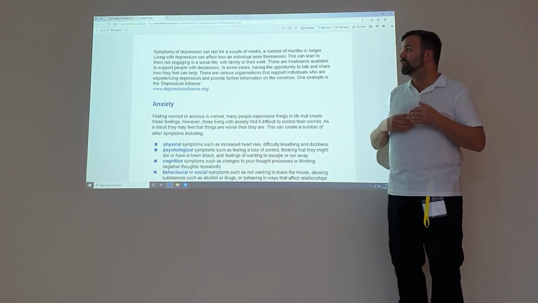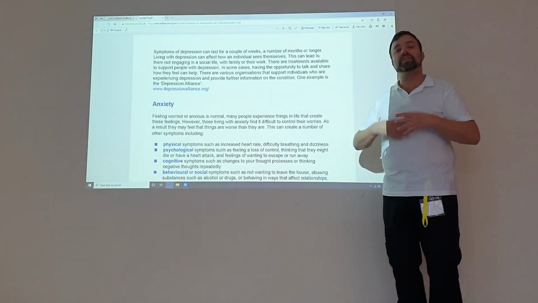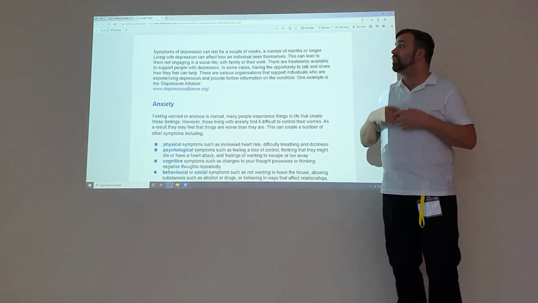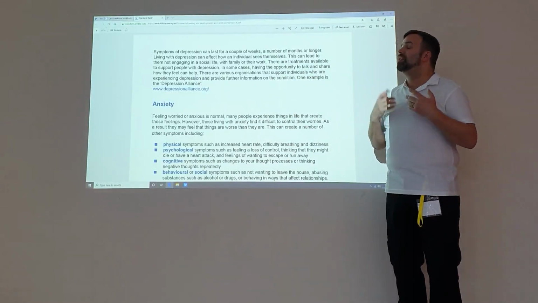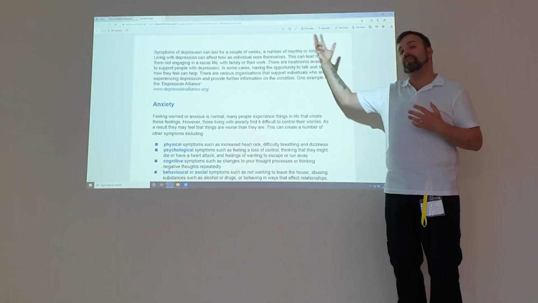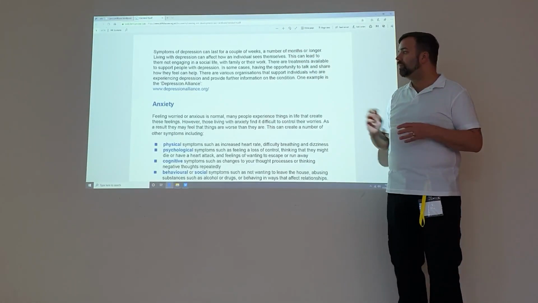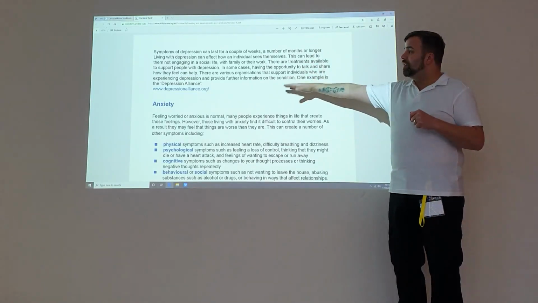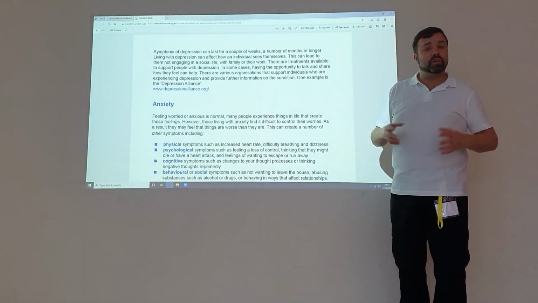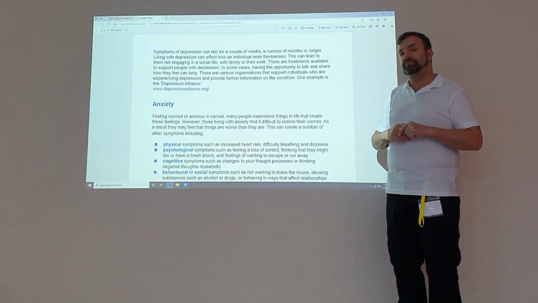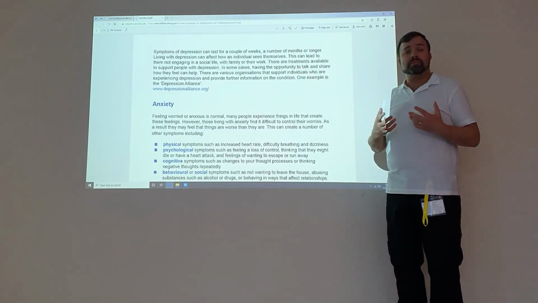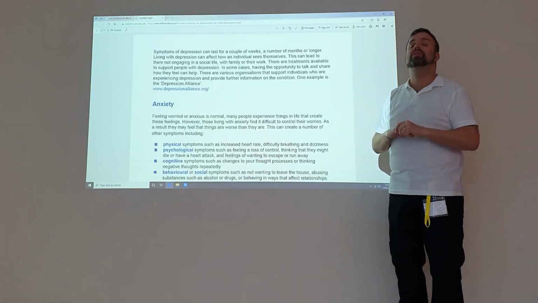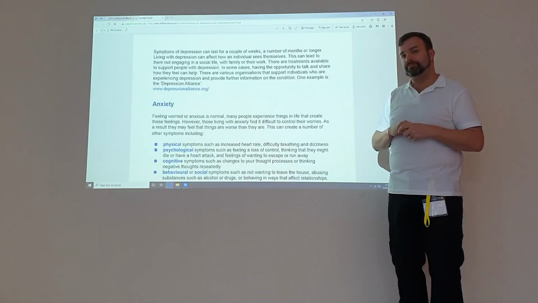However, through a period of time, we should get over this and recover back to our normal selves. If the low mood lasts more than a couple of weeks, then we start to move into the realms of having a condition. And there are things that we can do to help people with depression. There are organisations you can look online to have a look at. Depression comes when we have a lack of serotonin in our brain. So it's the chemical, the happy chemical, that helps us function.